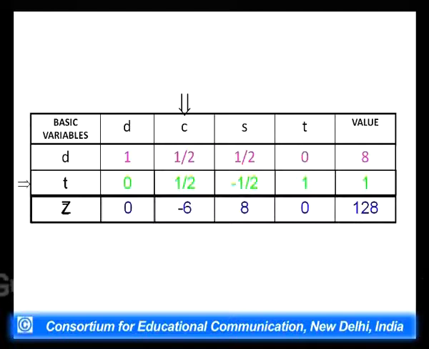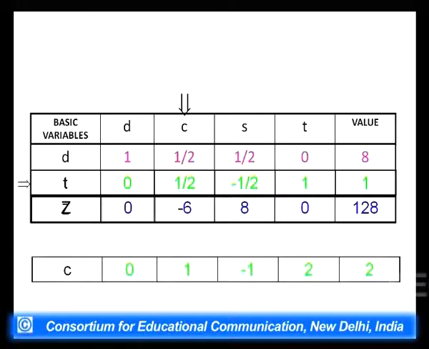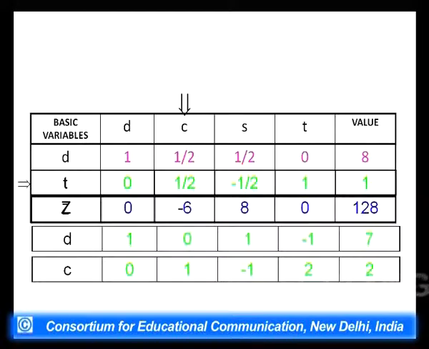So we have identified the pivot column, pivot row, and where they cross, the figure is half. Half is the pivot. We can divide the entire row values by half to make the pivot 1, as we did in the previous step. So it has been done also. So C is the entering variable, the variable which is written in the pivot column, and T is of course the outgoing variable, the leaving variable.